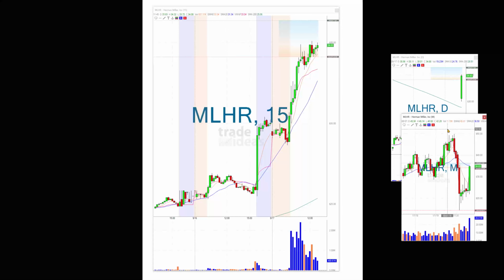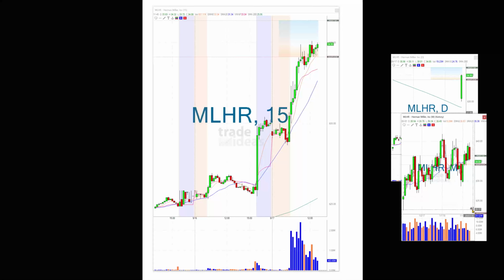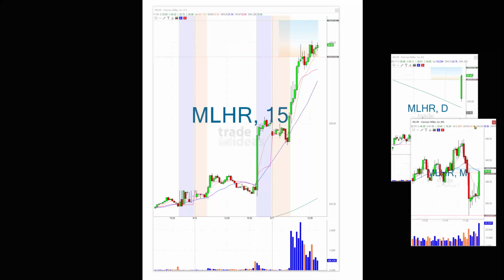As I said in the room, this is the sort of stock that, if you're looking to swing something, is a candidate. If it closes well, you don't have to worry about earnings. The reaction was fantastic. And if you look at the monthly chart, it has room. I'm not saying it's going to get to $50, but if you're looking for potential swing trades, these are the sort of things that I look at. However,